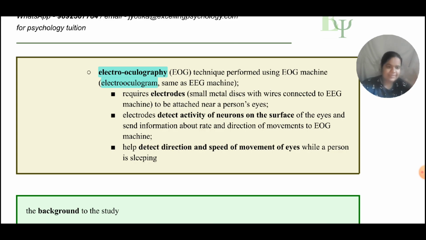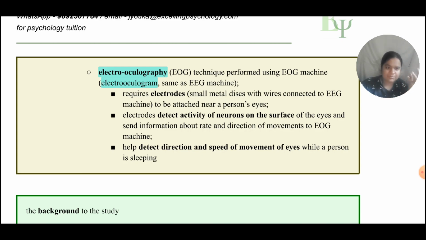Just like our brain has neurons, our eyes also have neurons around them. You must be remembering from your studies of the central nervous system in biology. Okay, I won't go into the depth of that, but eyes have neurons around them. So in the same way that we attach electrodes to a person's scalp, we can also attach electrodes near his eyes. And those electrodes will pick up the electricity being generated by the neurons which are near the eyes. So if we place some electrodes on the sides of a person's eyes, below his eyes, above his eyes, then we can make out